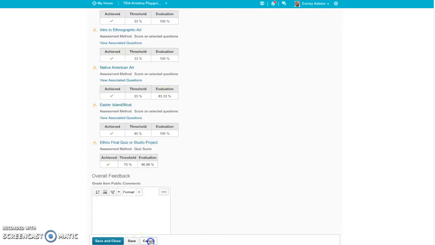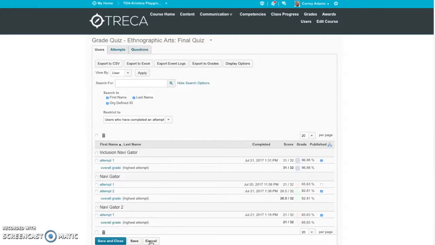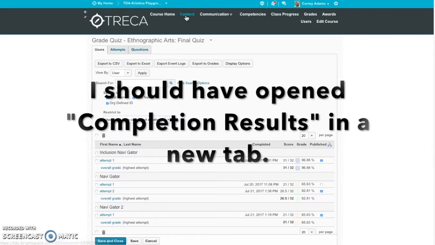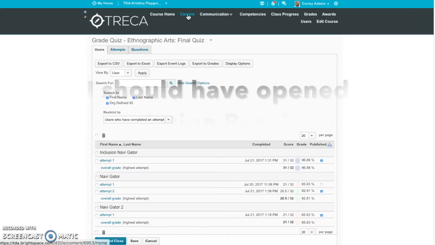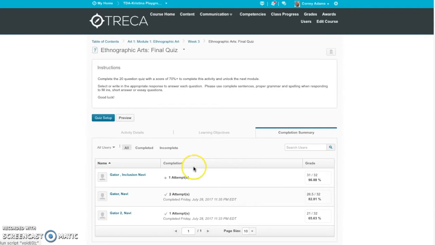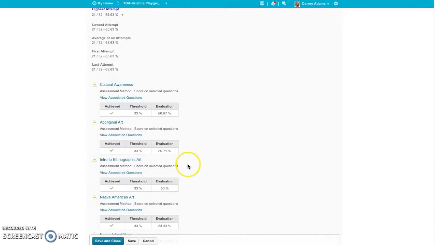So anyway, if we look at a different student, which this is kind of annoying, you have to navigate back to the quiz to get back to the previous screen. That kind of annoys me. So if I click on my quiz again and I navigate back to the completion summary and I look at another student, let's say this Navi 2 here that did not pass the quiz because you need a 70% to pass the quiz, and we look at his objectives,